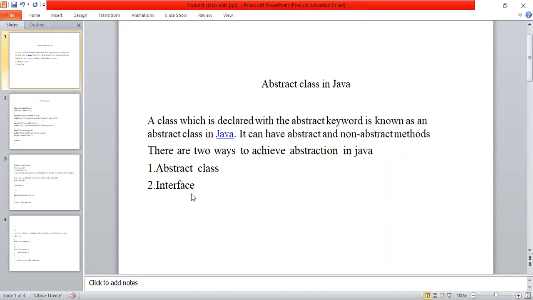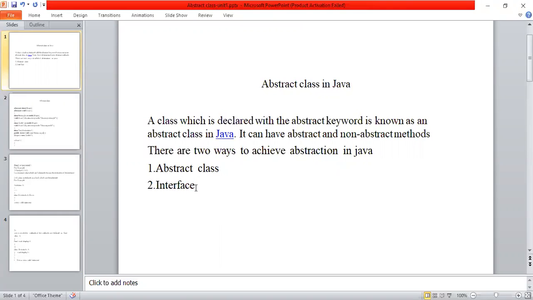So simply, the abstract class is a class which is defined by using the keyword abstract. And this abstract class contains both abstract methods as well as non-abstract methods. And this abstraction can be achieved by using either abstract class or interface. Remember one more point here. Abstract class contains both abstract methods as well as non-abstract methods.